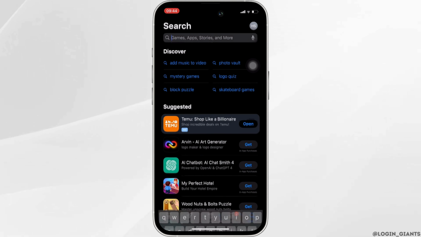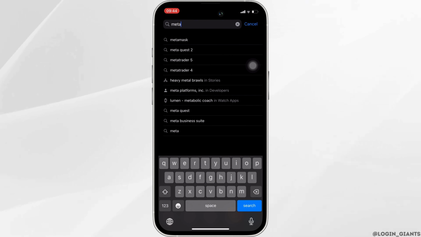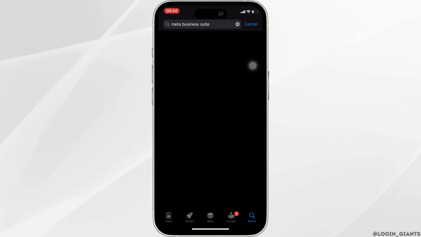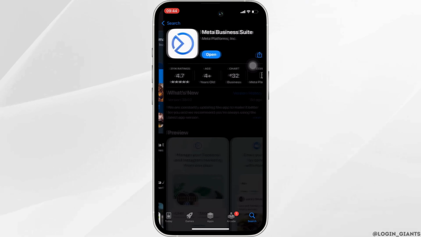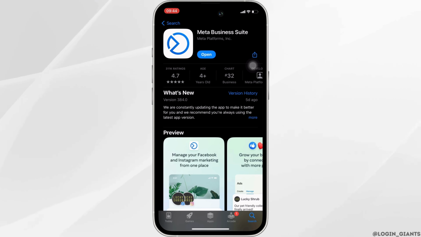The very first thing you want to do is to head over to your App Store. In the search bar, search for Meta Business Suite. Move into this application. Right here you can see the option where it says open. But instead of open, if you see the option of update, then your application is not up to date, and it might be one of the reasons that you are facing this issue. In this case, what you want to do is simply click on update and update your application to the latest